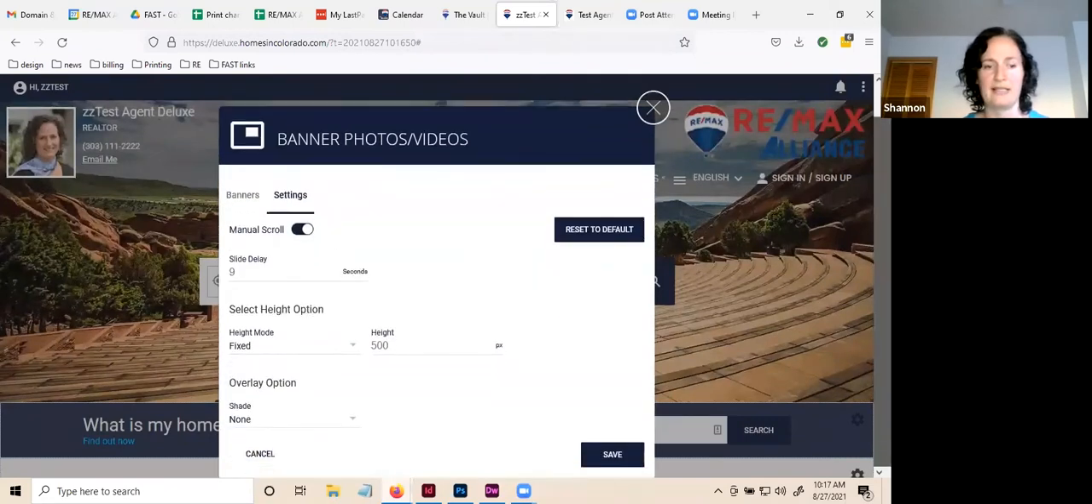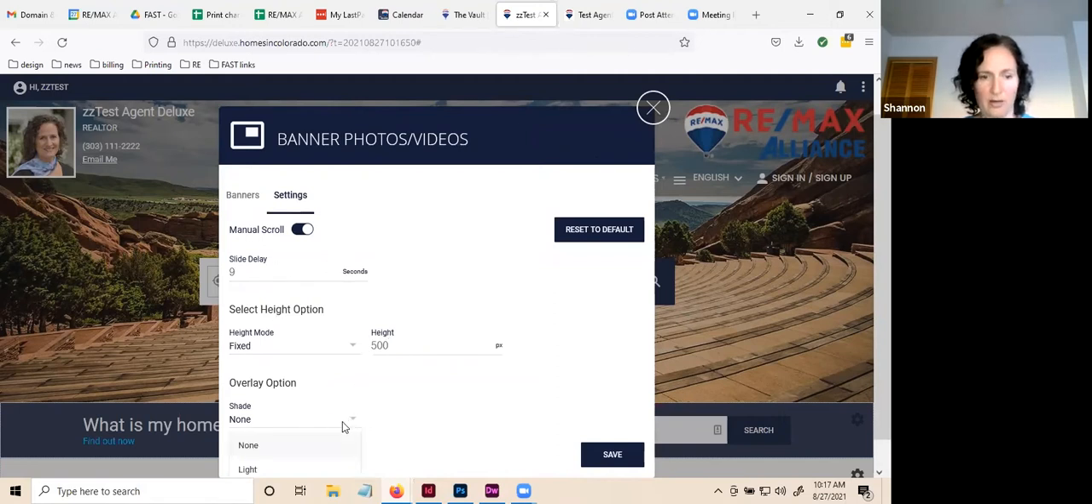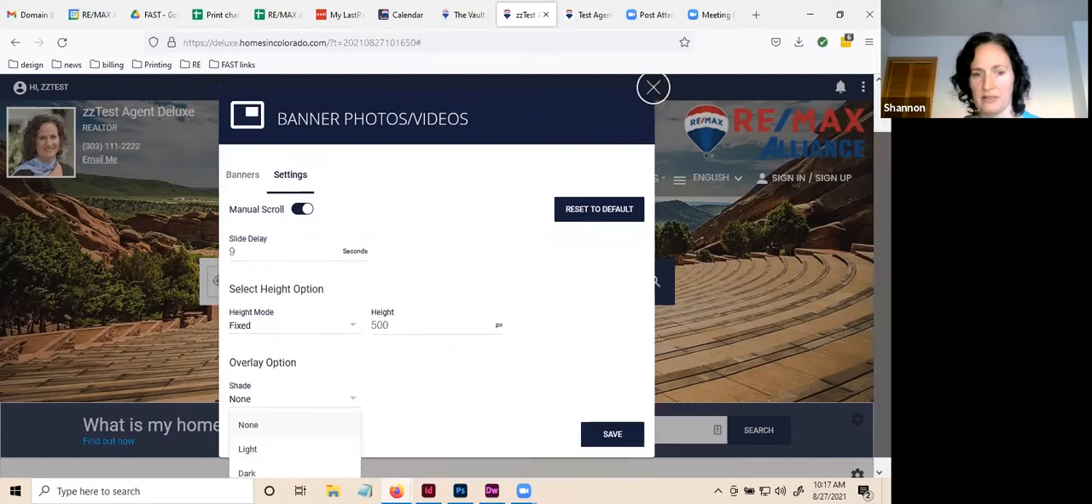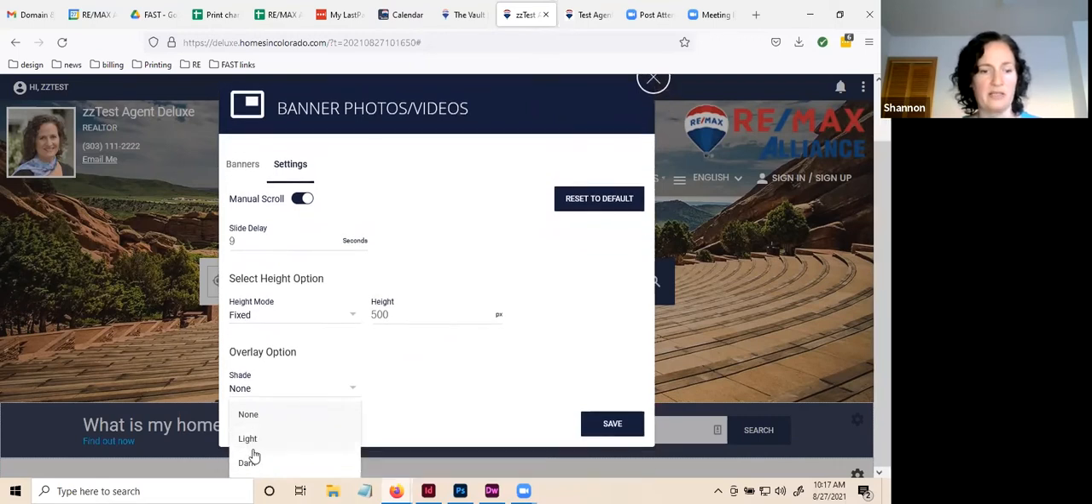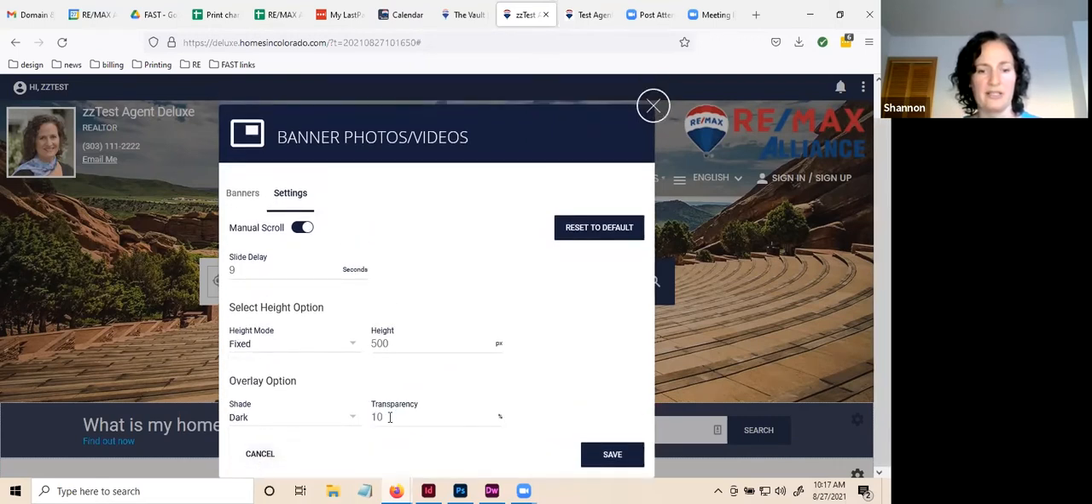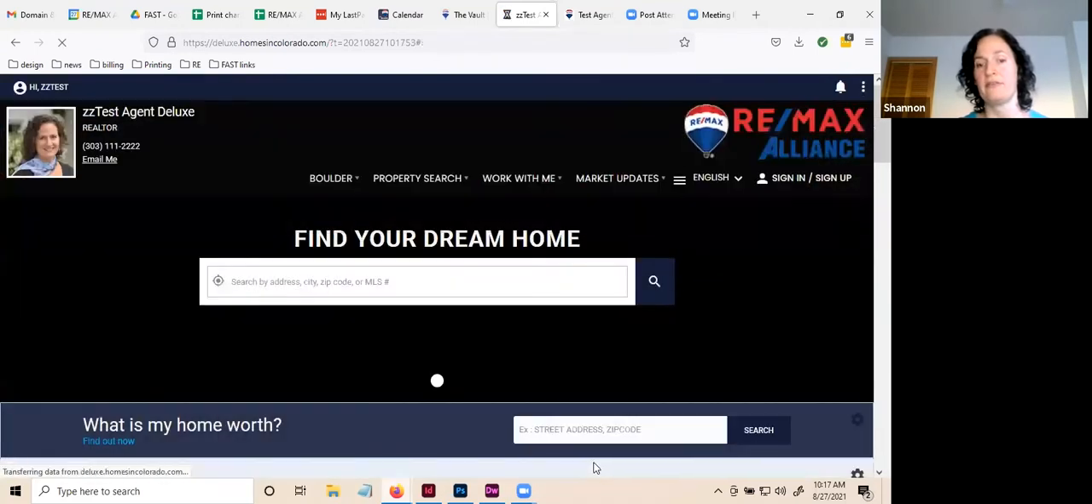And then the last thing down here is an overlay. You can choose to have either a darker or lighter overlay over your images in order to make the other things show up a little bit better. So your options are none, a light, or a dark. So if I say dark and lower the transparency, so transparency is saying, okay, how much of your photo do you want to show through the overlay? So I have a low number here. So if I hit save,